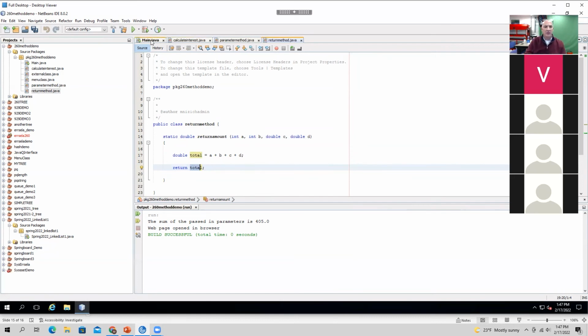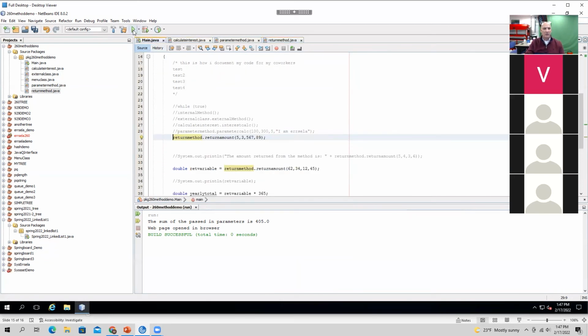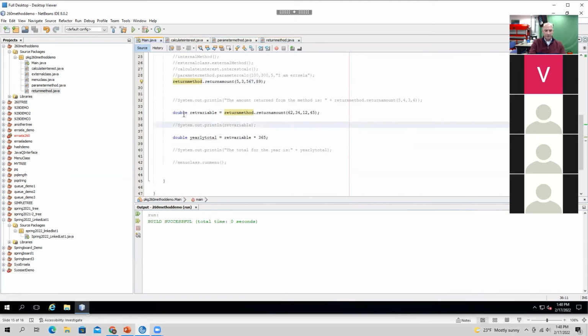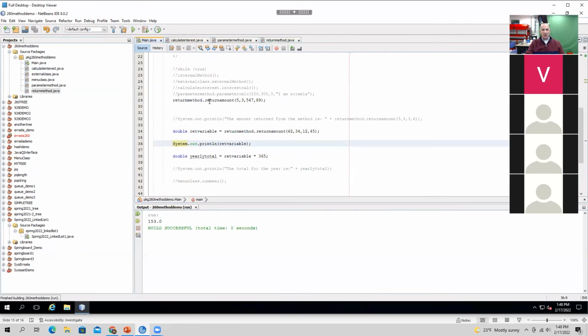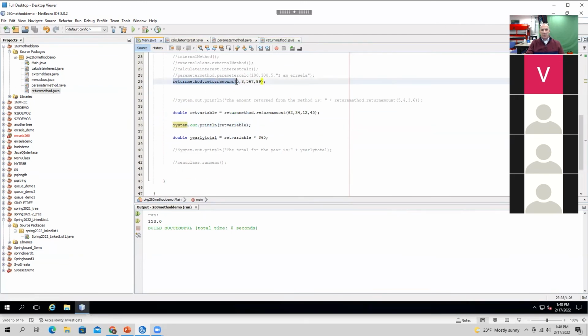And to see this one in action, we will now run this. Okay. So what we're doing here is we are running the return amount method with these parameters, with these numbers. Then we are saying, let's set the double type variable RET equal to these numbers.